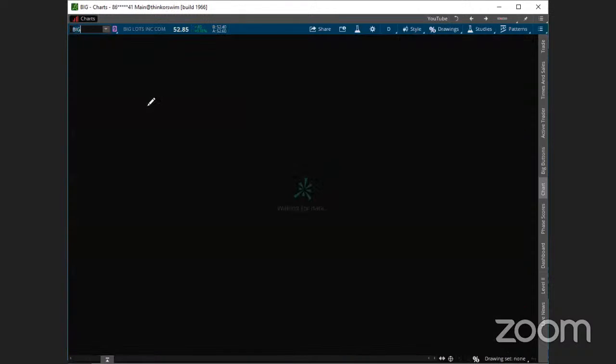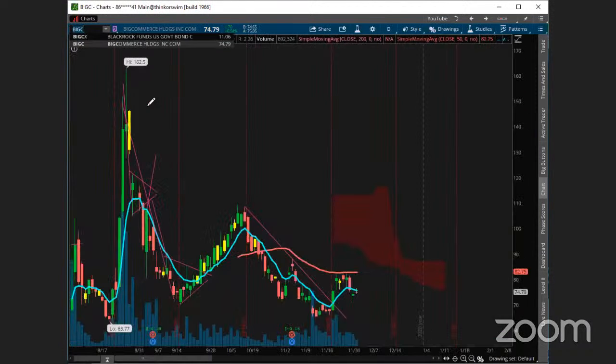Gary, yeah, Big C. Let's take a look. Big C with a small doji here, right? So a little bit of caution off the ADMA. That's a really small, narrow range today, so a little bit of caution there. Could be a little mini bear flag kind of in the works.